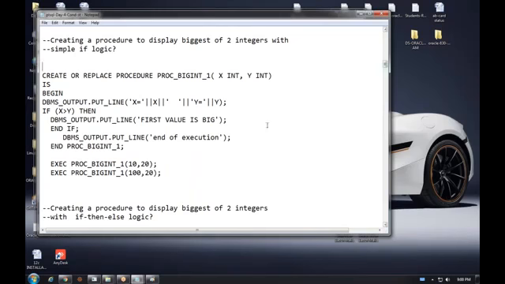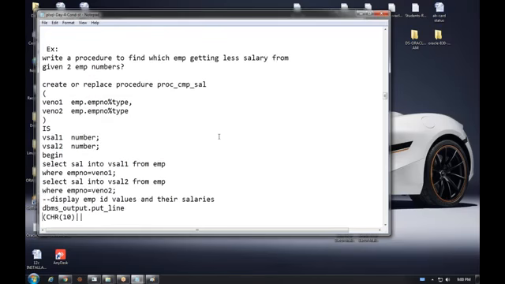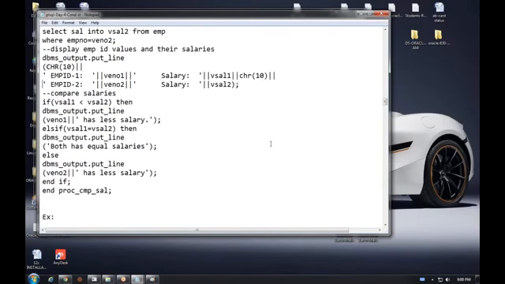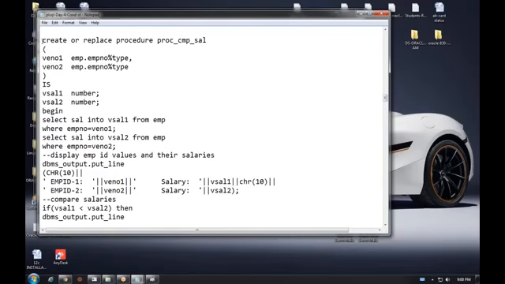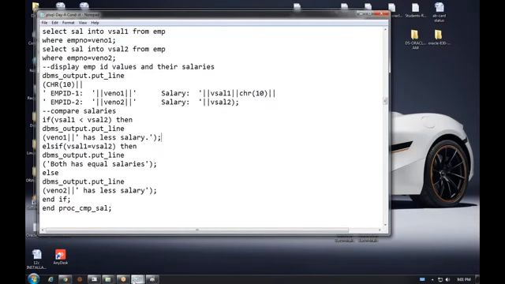here I am writing a procedure. The procedure is finding who is getting higher salary from the given two employee numbers. I am giving two employee IDs. From those IDs, I want to find out who is getting the highest salary. From the given two employee numbers, find out the highest salary. Let me copy, come to here,